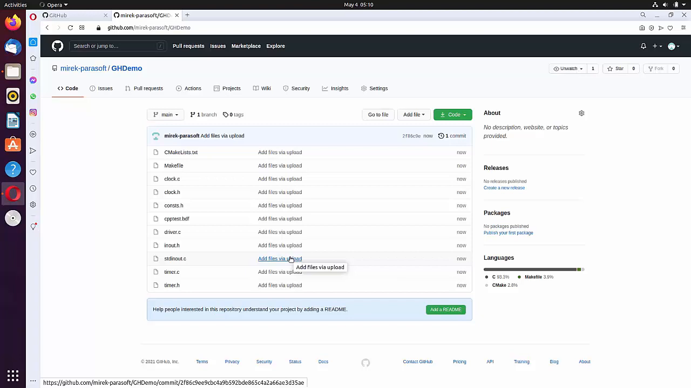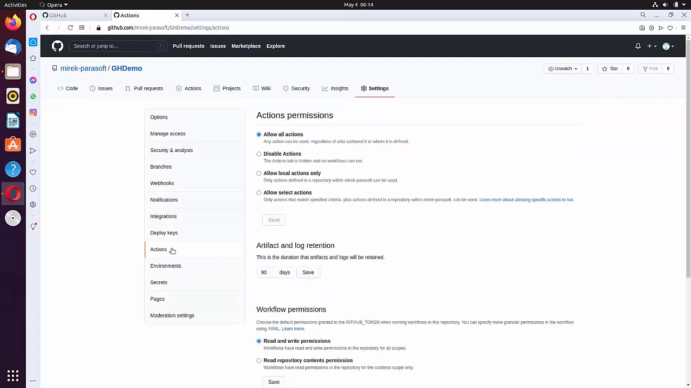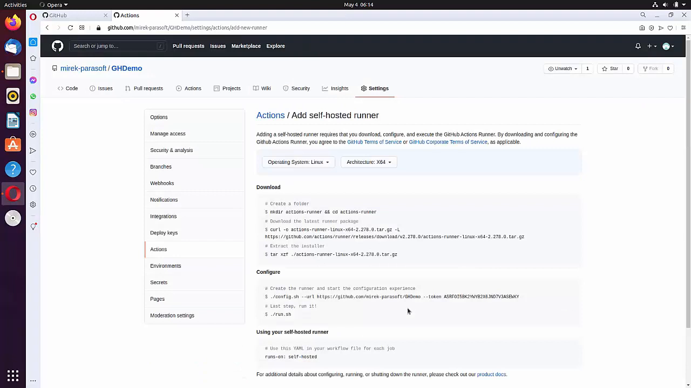We'll use our demo machine as a self-hosted GitHub runner. Let's go to GitHub settings, select Actions, and then add self-hosted runner. GitHub displays a collection of commands for downloading and configuring the self-hosted runner, which we can copy from here and execute in our system. I will open a terminal